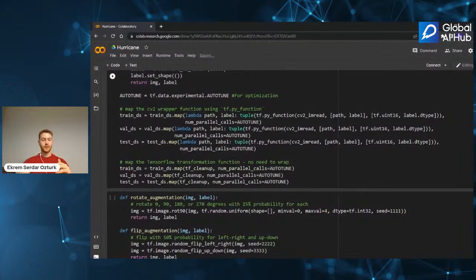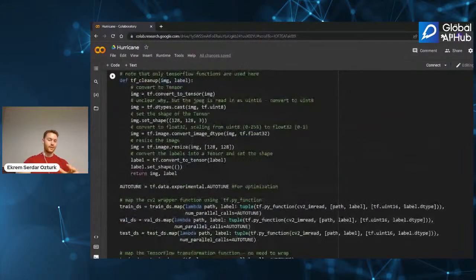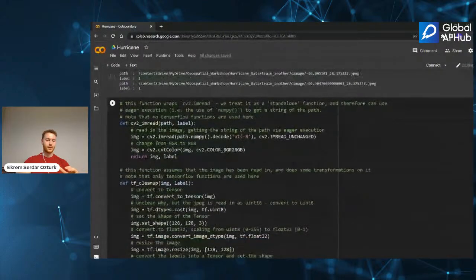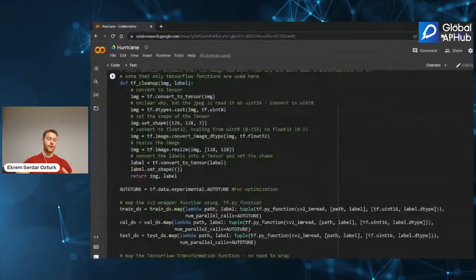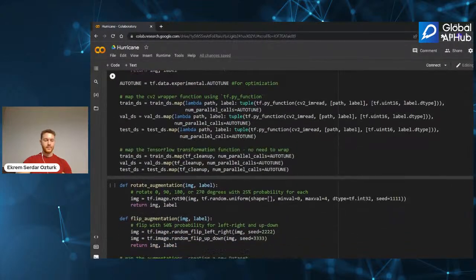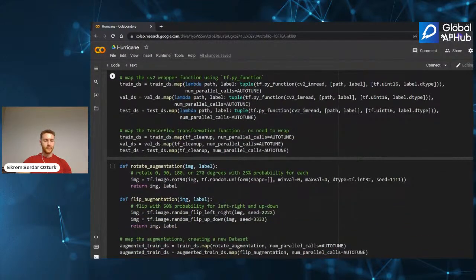So we use the train dataset and map, take these functions and create a new train dataset. We applied the functions to all the rows in our dataset, as you can see here.